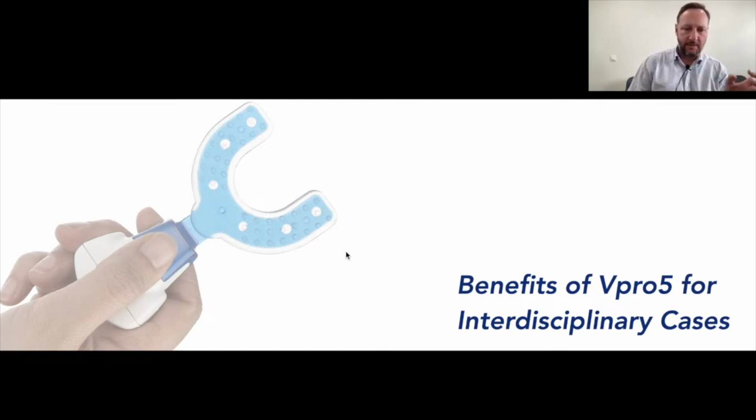Okay, this is something that for an interdisciplinary case, a patient that is going to do ortho, is going to place implants, is going to make extractions, everything is related to bone biology, right? Because in our mouth everything is connected, and the tooth is inside the bone, and we have the periodontal ligament. So if this device can promote a better bone remodeling process, if this device can create a more dense bone